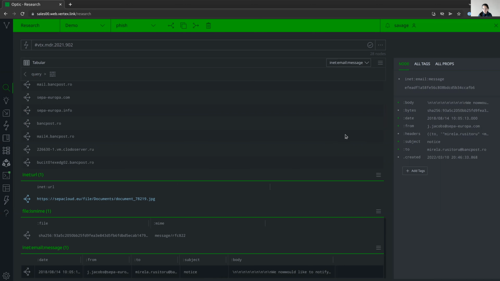If we click on it, we can see it in this details pane. So this is the email that our partnering organization identified and shared with us. We can see the recipient was this bankpost.ro, so we'll want to check to see if we have any information about that email or any organization associated with that domain name. We can see the subject matter as notice, we can see the sender email, and we can see the date